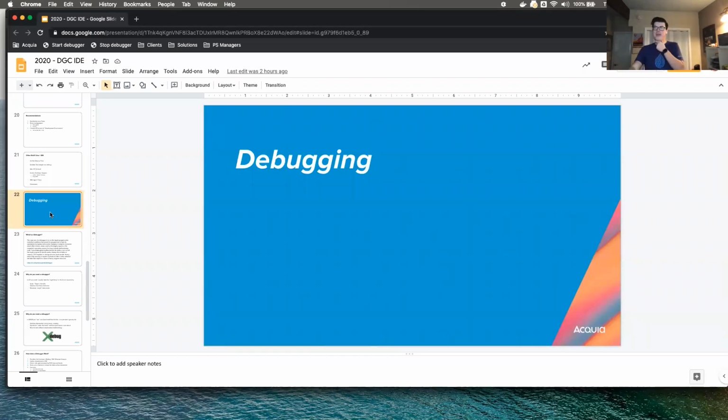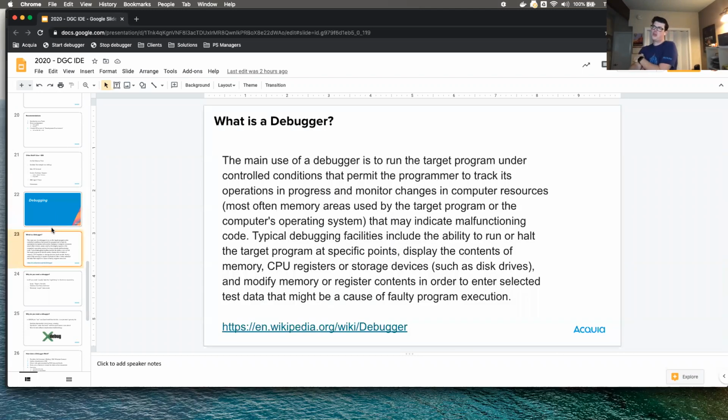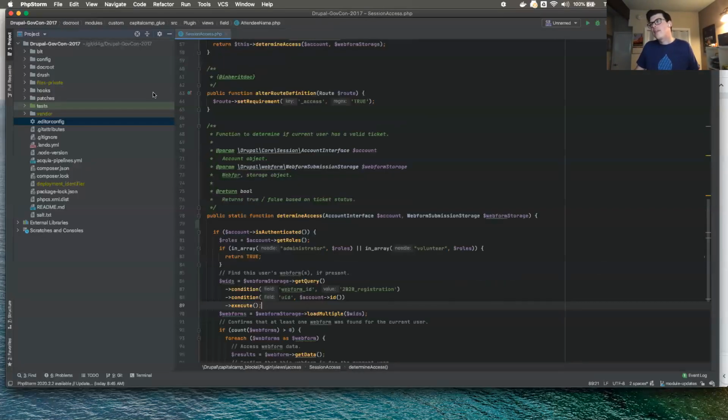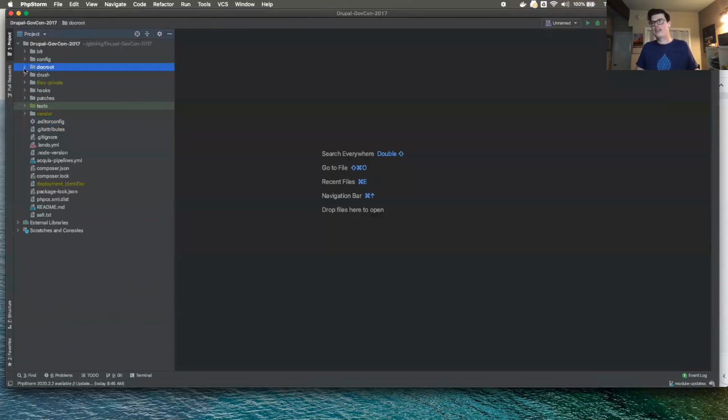The last thing I want to talk quickly about in our last 10 minutes or so is debugging. So the big difference between a debugger and what you would typically do in Drupal 7 or 6 using Devel is that in the Drupal 7 paradigm, there was not a lot going on that you didn't see. And what I mean by that is sort of monkey see, monkey do. What's there is what's happening. And in Drupal 8, that's just unfortunately not the case.